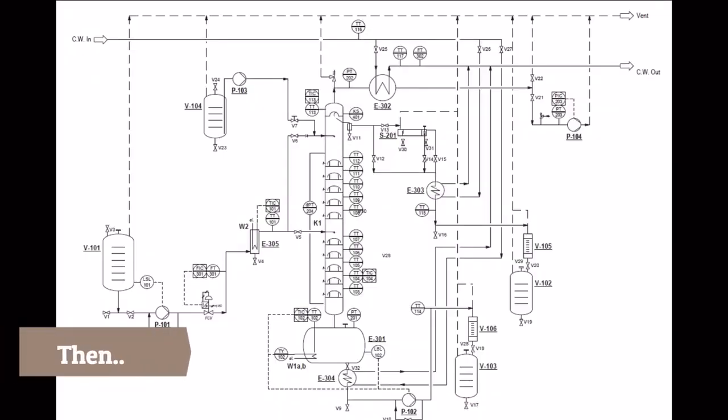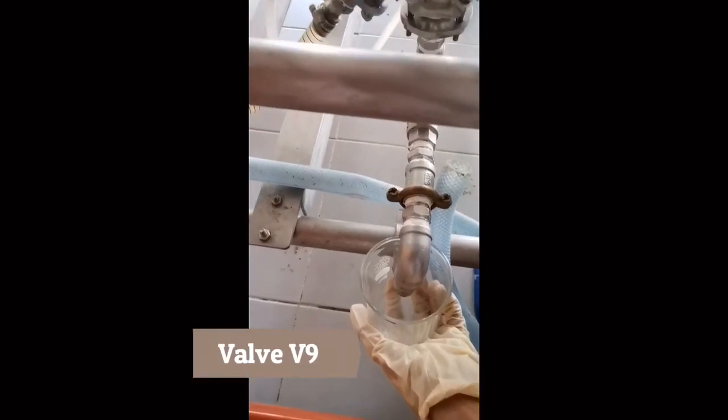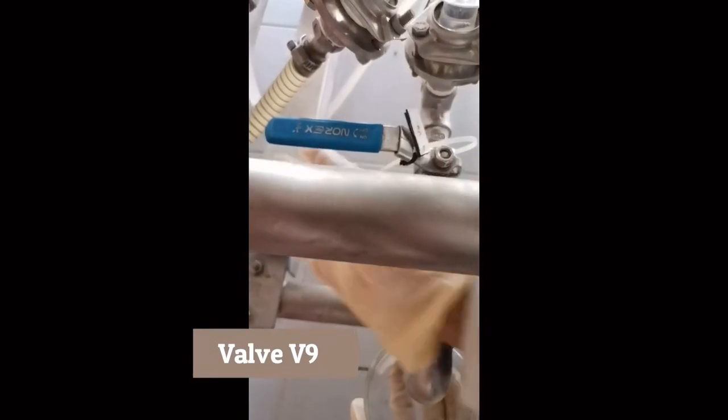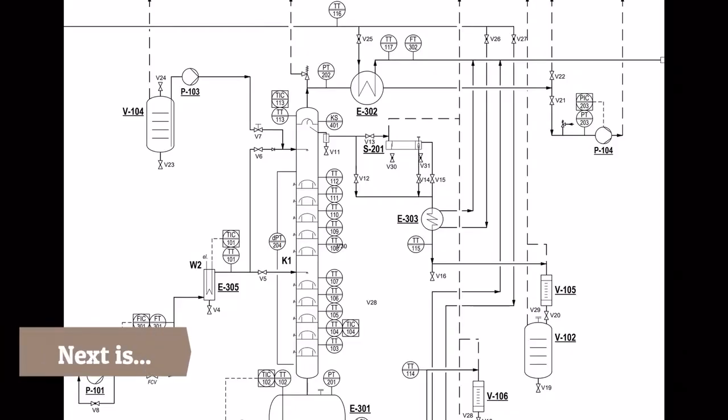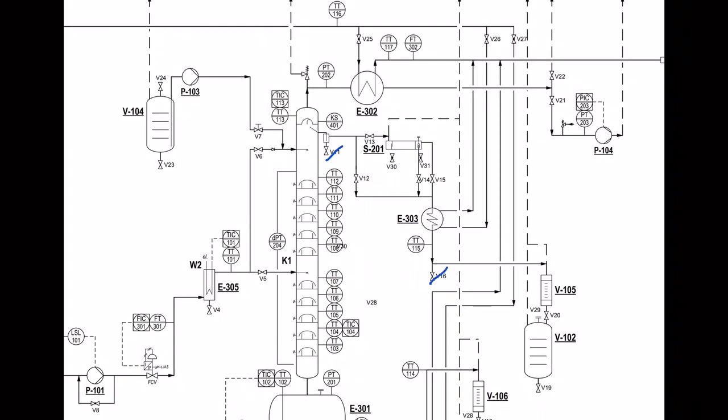Open valve V9 to drain any remaining liquid in the bottom product by placing the beaker below the valve. Place a beaker below valve V11 as well as V16 respectively to drain any remaining liquid at the top product,